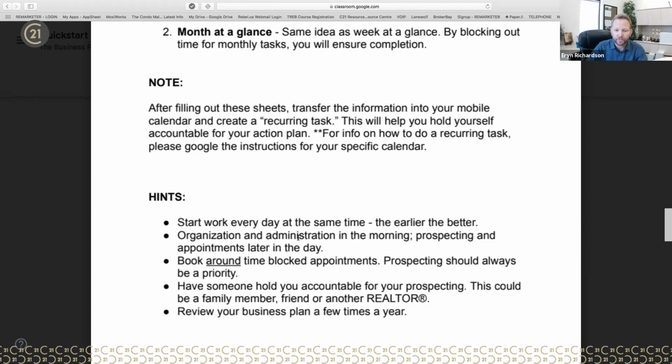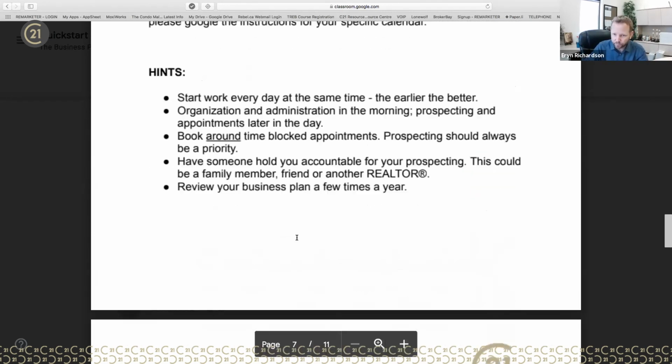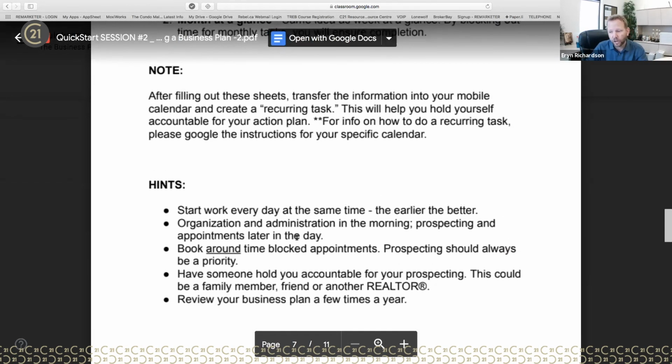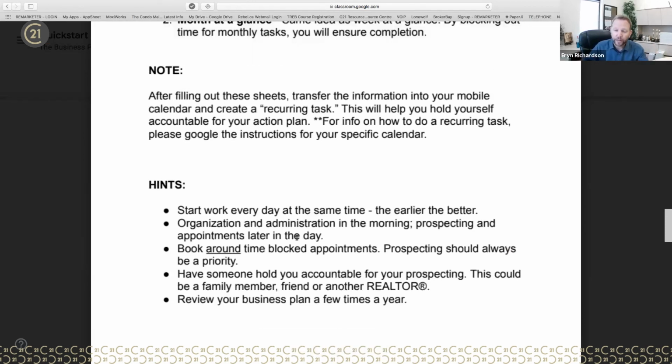The organization and administration is always done in the morning. You do not want to be sitting at your desk at 4 o'clock in the afternoon to plan your day. It doesn't make any sense, right? So book yourself in on your goal sheet, or your accountability, your week at a glance, for every morning that you're not working out or at a certain time in the morning, you're going to start work, let's say at 9 o'clock. Sit at your desk, and from 9 to 10, you're calling, making appointments for the rest of the day. You're following up on feedback on your listings. You're planning